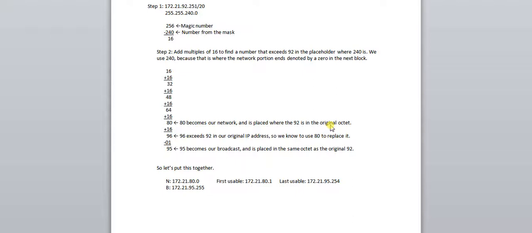Today I'm going to teach you a very simple way to subnet. I was using a very complicated way before, and this is very easy. It's in 2 steps, and I think you'll like it. In step 1, we're going to take the IP address of